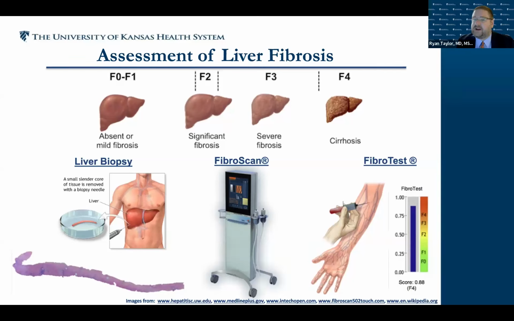So we've looked for other non-invasive ways to assess for fibrosis. And on the right, you can see FibroTest. There are many different proprietary models looking at different blood compounds that can help us predict how much fibrosis a patient has without the biopsy. And then in the middle we have FibroScan, a technology we have used very frequently, part of our routine assessment of patients at KU.